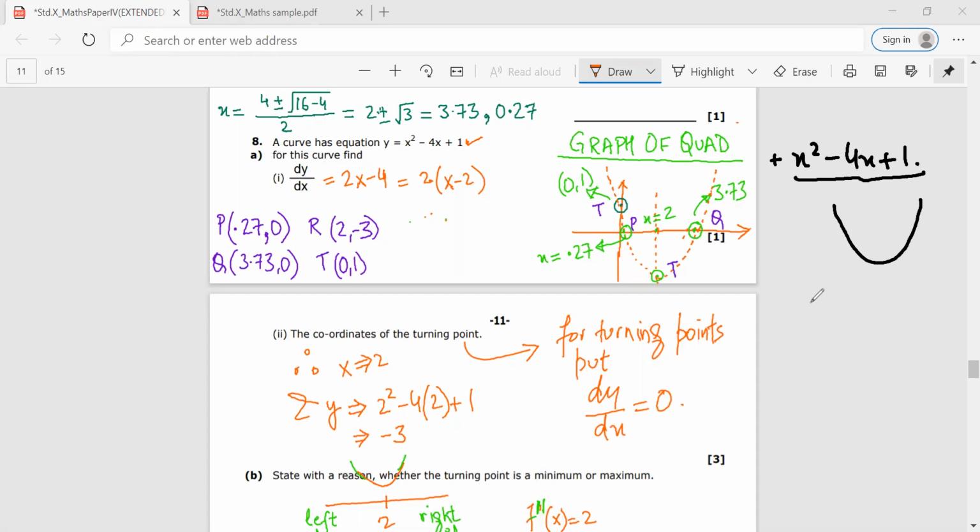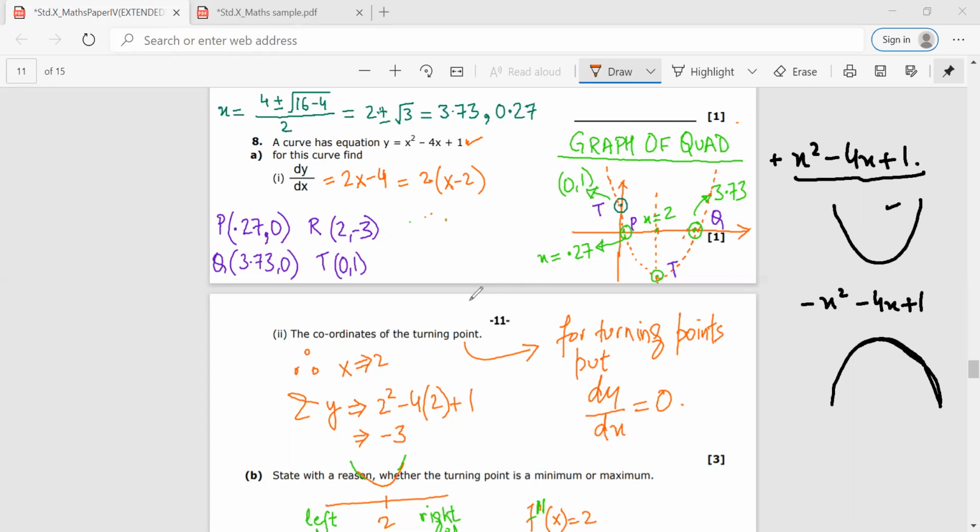If you compare this parabola with something like minus x square minus 4x plus 1, this will be a parabola which will be opening in the downward direction. Any doubt? No, sir. So when we look at the equation, we should be able to understand that it is a parabola. Second, the coefficient is positive, therefore the parabola will be opening upwards. And that is why,